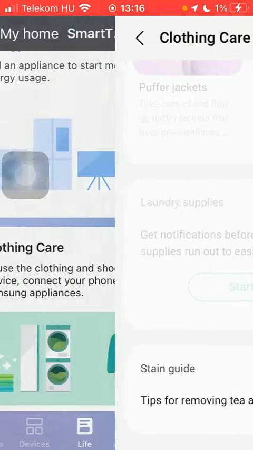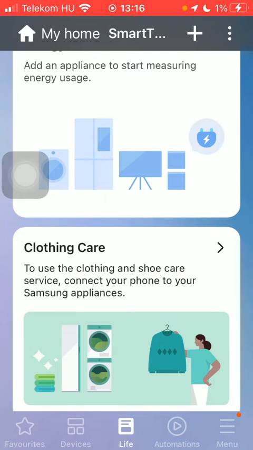Hello guys, in this video I'm going to show you how to use the stain guide on the SmartThings application,